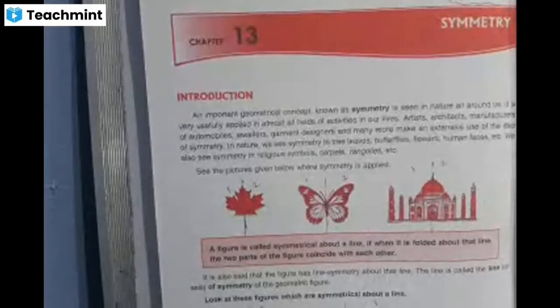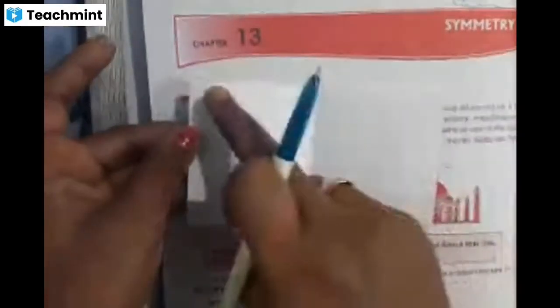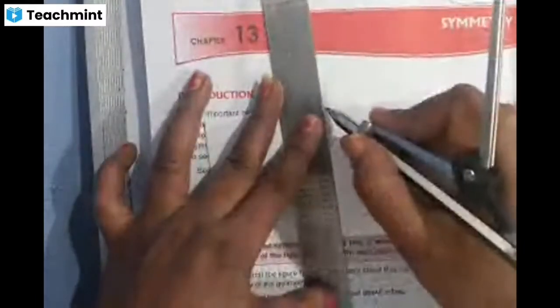For example here, if I take this rectangle, can you observe here? This is a rectangular geometrical figure. So I have taken it on a sheet of paper. Now, when I fold it about a line here, you can observe I get one line here. Isn't it? So if I draw the line here on the folded part, this line is called a line of symmetry.